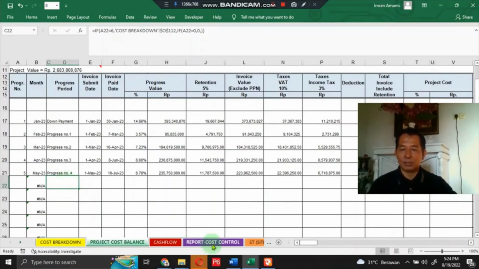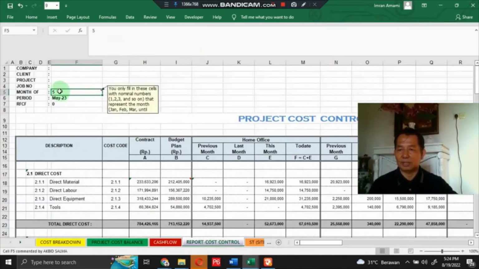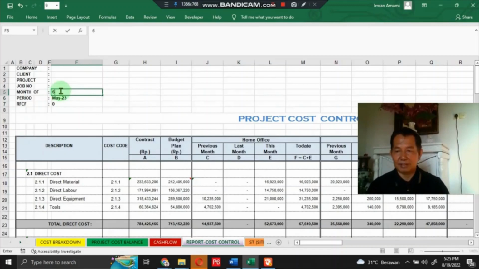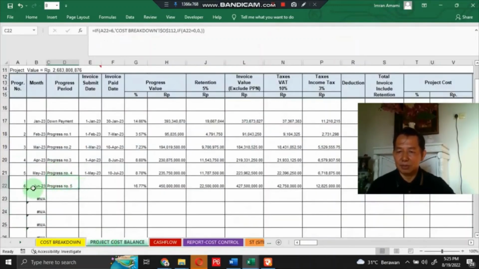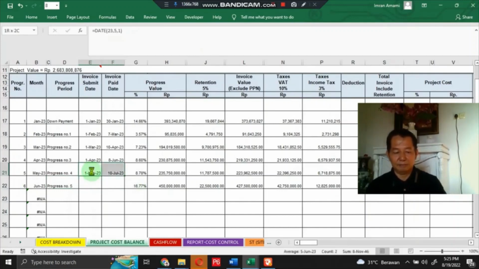We go back to the cost control report here. The key to your question is in the month of section. You should change this number in the month of section by typing 6 here. Let's see the change. We go back again to project cost balance. You see the change after we change the in the month of in the project cost control report. Then you input this section manually, by copy